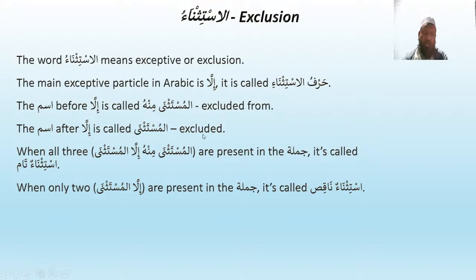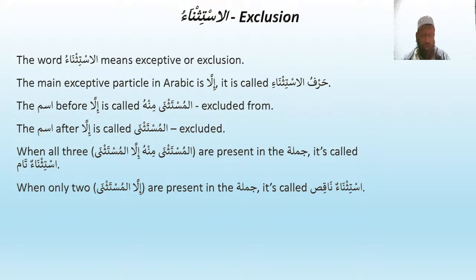Okay. Then another example, we can say الملائكة, then إلا, then إبليس. الملائكة before إلا is mentioned, which is مستثنى منه, then إلا, then إبليس, which is مستثنى. Okay. When all three are present, it's called استثناء تام. When only two are present, it is called